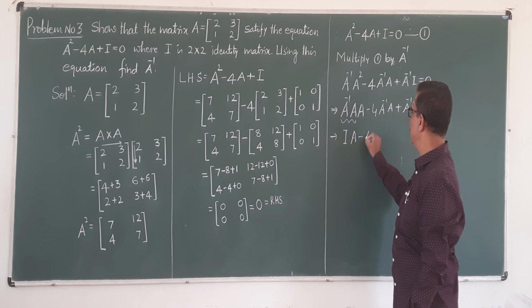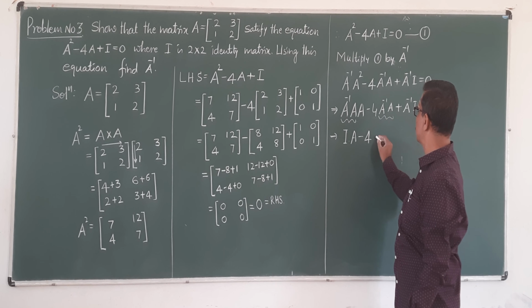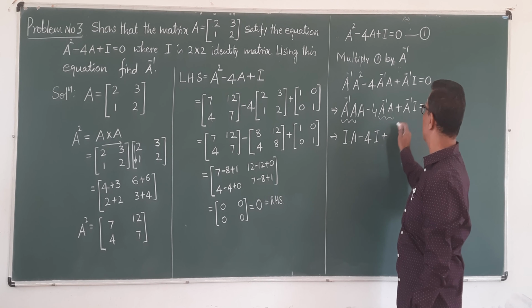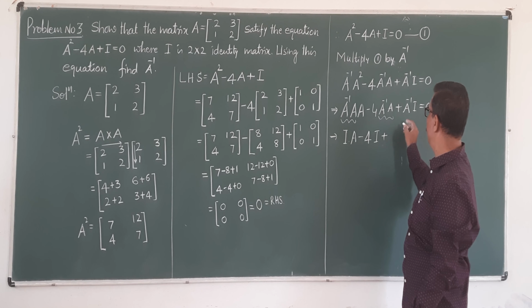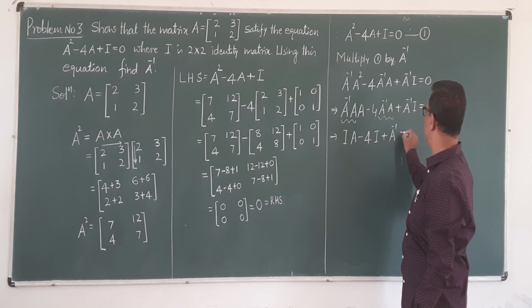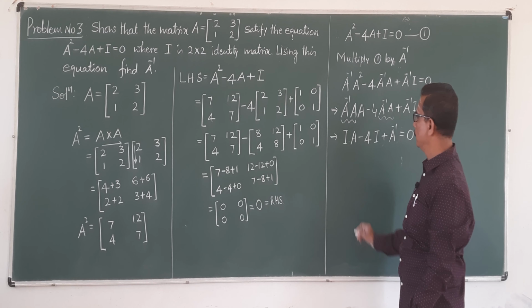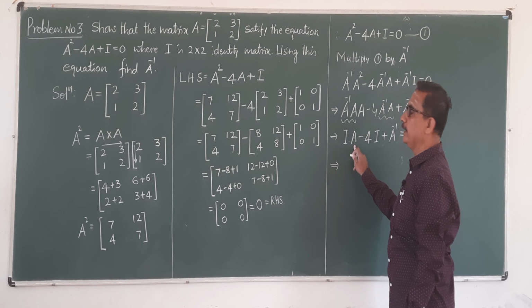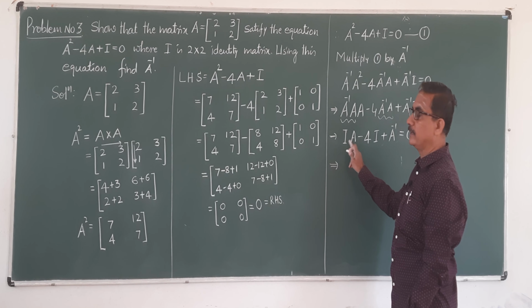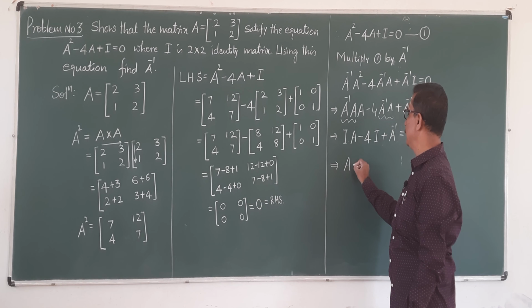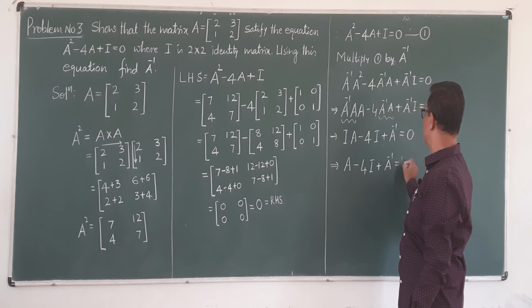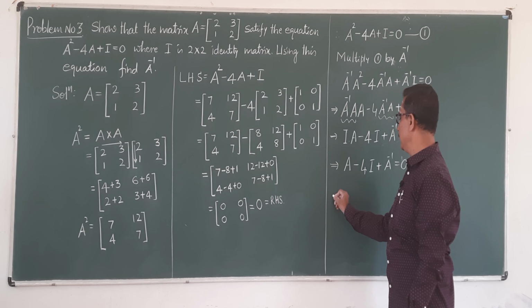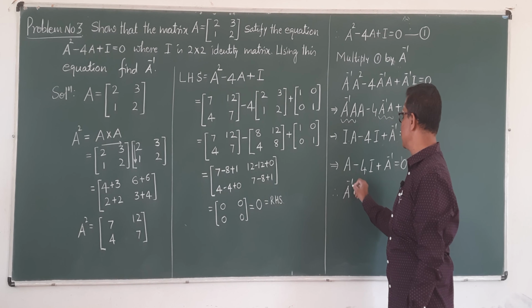I into A minus 4 A inverse into A, I plus A inverse into I means unit matrix, unit means 1 into A inverse, that is A inverse is equal to 0. I into A is the matrix, I is the unit matrix, after multiplication I into A is equal to A minus 4I, write as it is, plus A inverse is equal to 0. Rearrange, A inverse is equal to